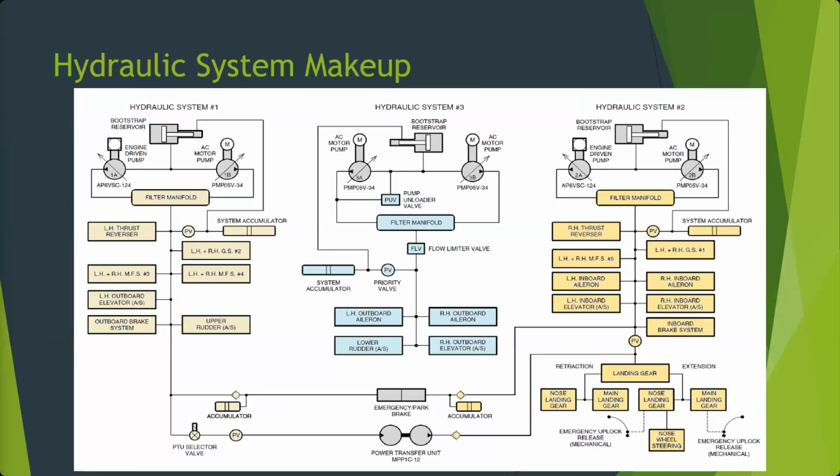Okay, so it won't send pressure up, but it'll send pressure down to power the landing gear in an emergency. So if we lose, in this case, system 2, if we can't power up system 2, we can use system 1 to power the landing gear, to extend the landing gear, to run the brakes, to do that kind of thing. Okay. These replaced, the 727 we had actually had a valve between the 2 systems that you could open,